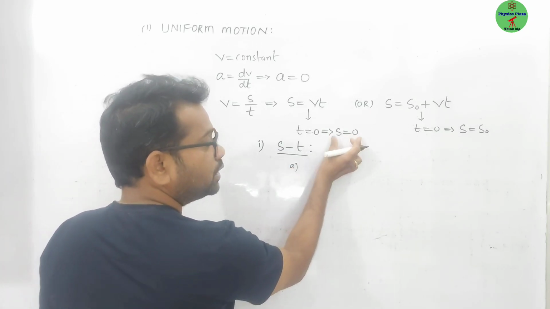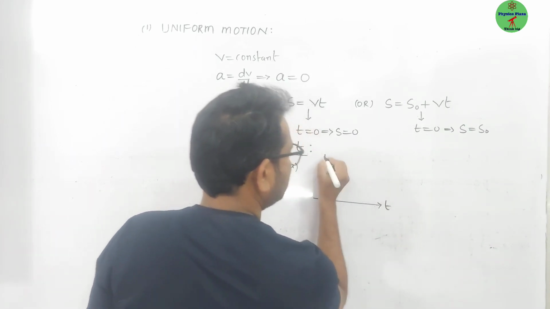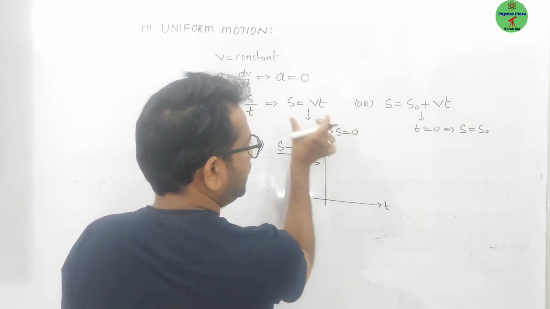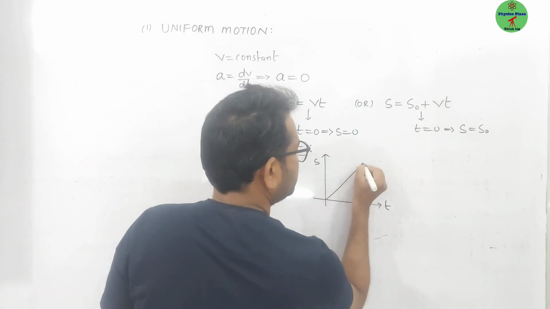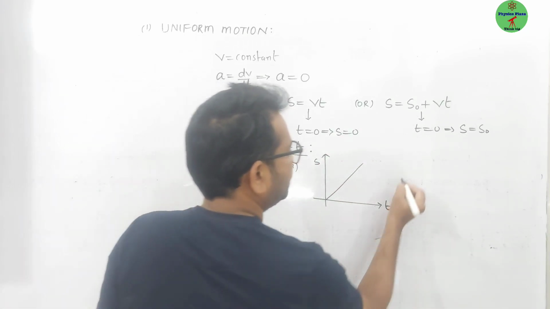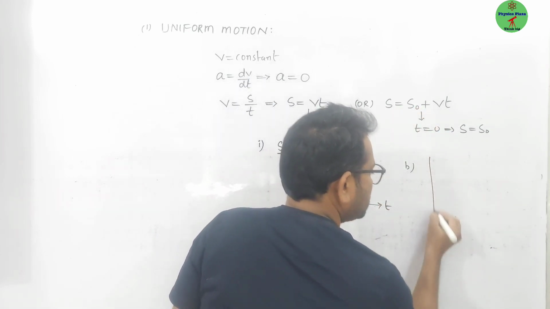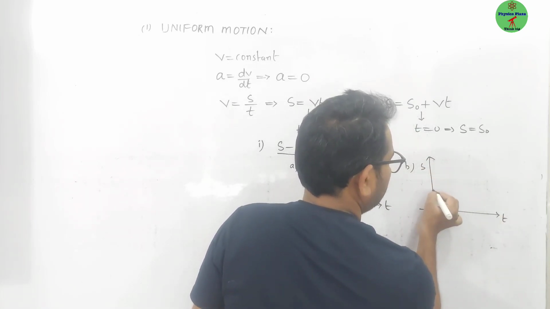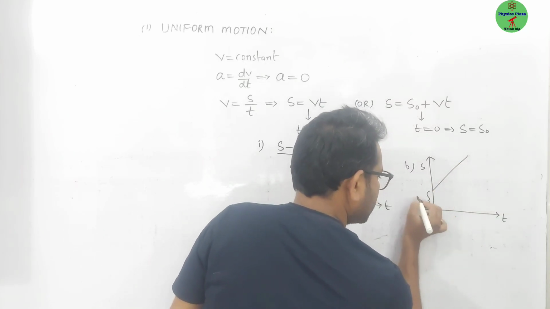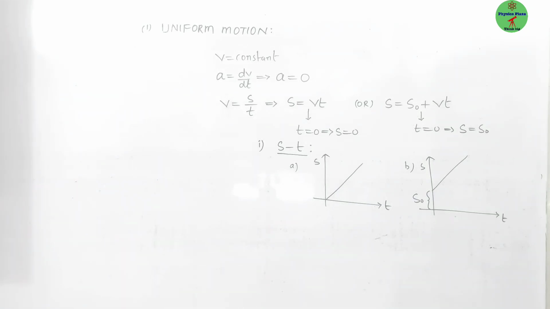Here it is starting from the origin, where this axis is time and this is displacement. As s is equal to vt, it's a linear equation starting from the origin. That's it. And the second one, this one, has some y-intercept. Here again, time and here is displacement. So this is the y-intercept, the s naught value. This is how we get a displacement-time graph